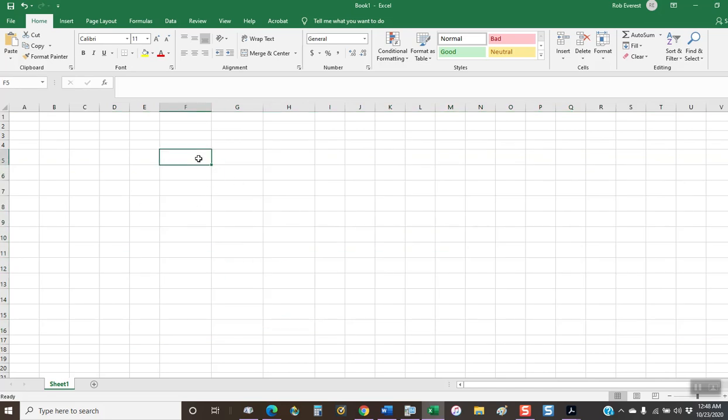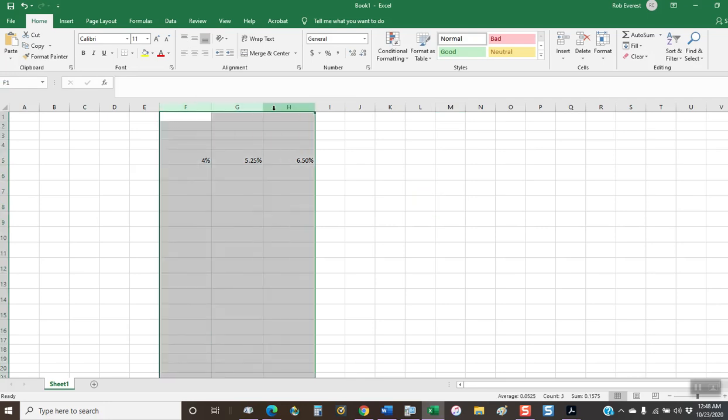Let's say that on the top row, we're going to type, remember the low credit rating was 4%. So I'm just typing 4%. And I'll scroll over to the next one, which is 5.25%. And the next one, which is 6.5%. And if I want all the values in my cells to be center justified, I'm going to click that center